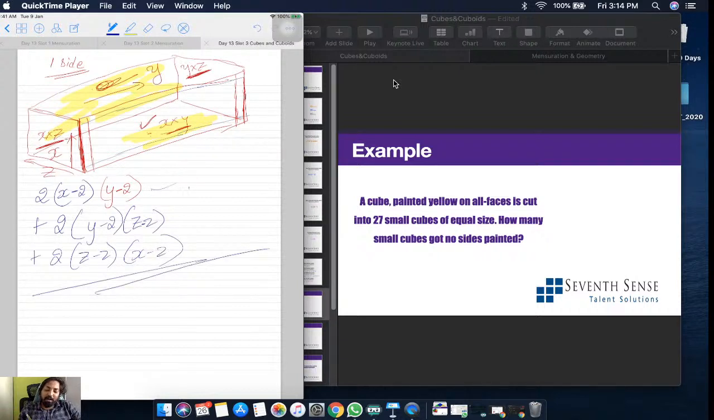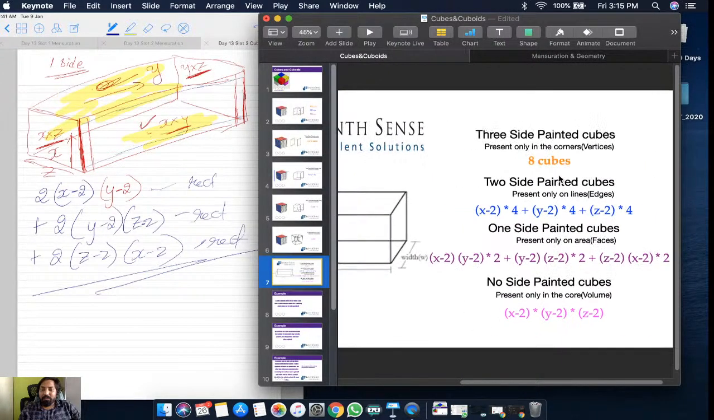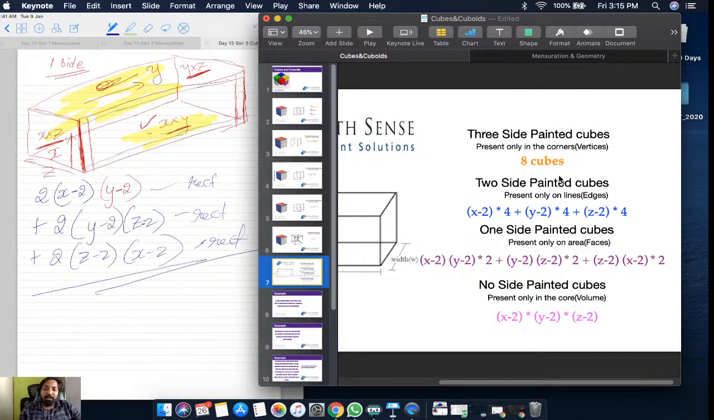All of them are rectangles, no squares whatsoever. These are the equations. I'll display the equation here. No side painted cube will be in the core, and the core will be expressed as x minus 2 into y minus 2 into z minus 2. If x, y and z are equal, you will get x minus 2 whole cube. If x, y and z are equal, you will get 6 into,